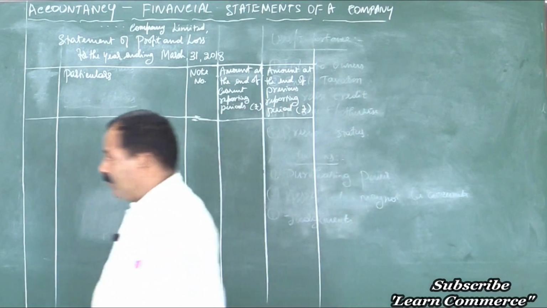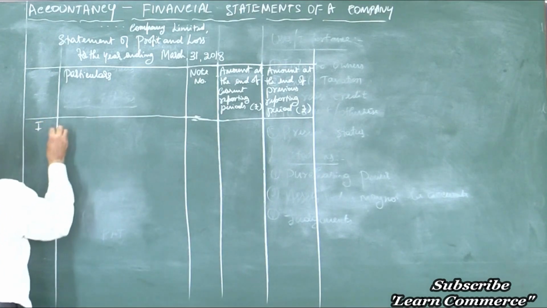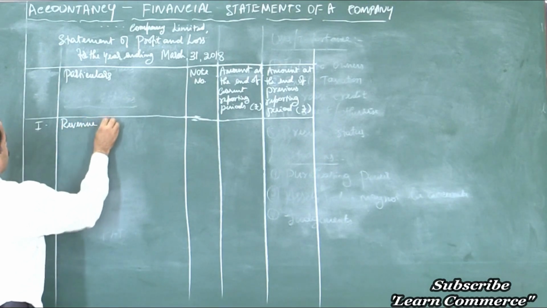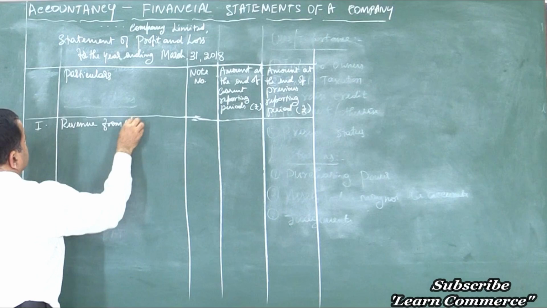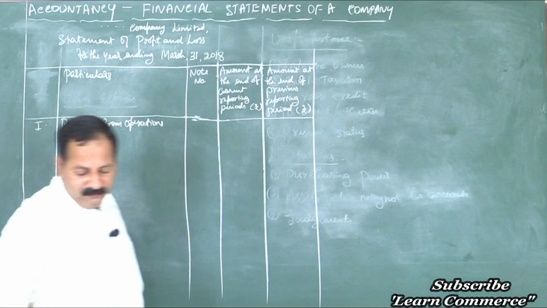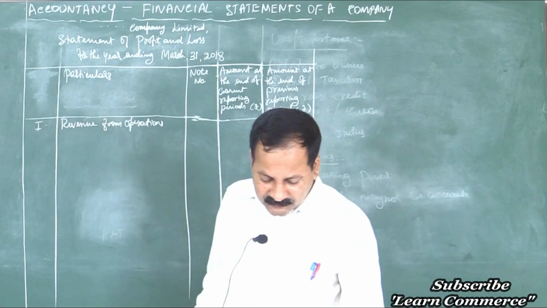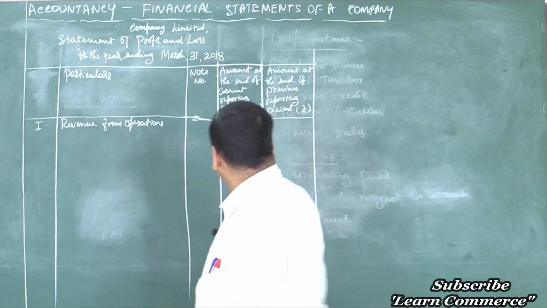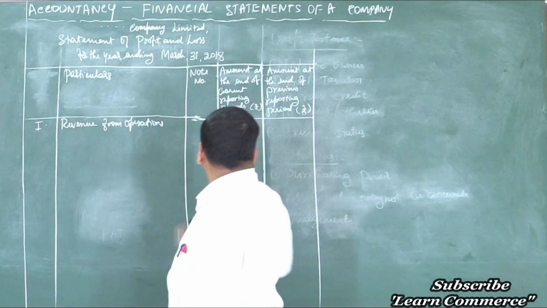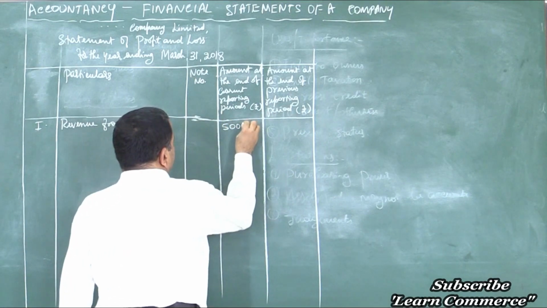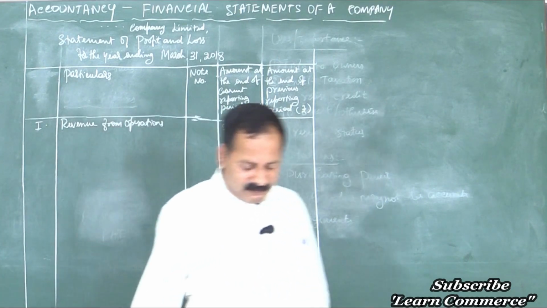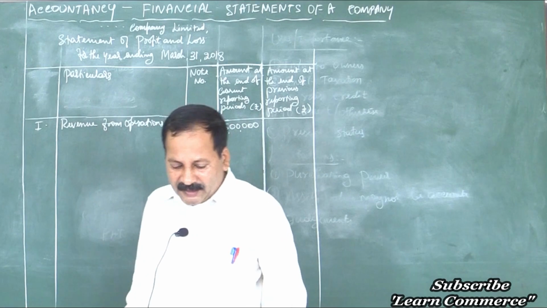First one, revenue from operations. How much is it? It was given in the problem, 5 lakh, right? In the current column you have to write, not in the previous reporting period. You have to write here 5 lakh. Clear? Yes. Then other income,